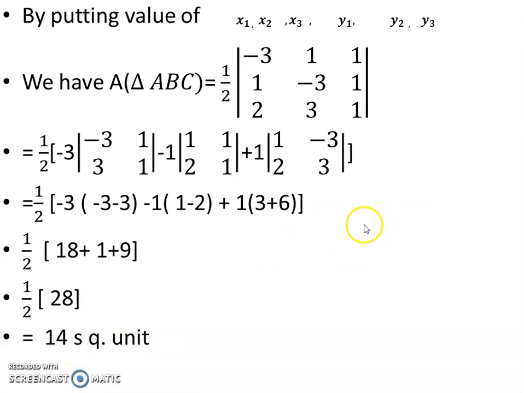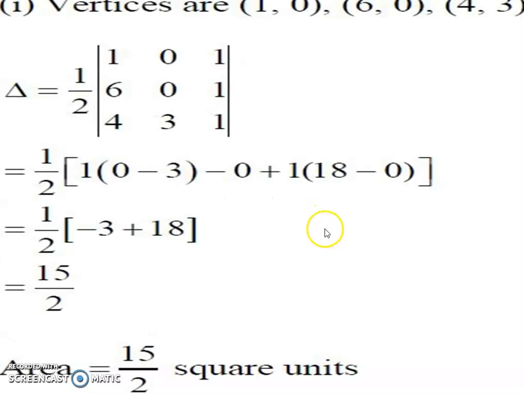So it is an easy part to find the 3 by 3 order value of determinant and also the 2 by 2 order value of determinant. We can easily find the area of any triangle whose vertices are given. If the vertices are (1, 0), (6, 0), (4, 3), then what? I use the area formula: del equals 1 upon 2 times the determinant 1 0 1, 6 0 1, 4 3 1. So 1 remains the same.